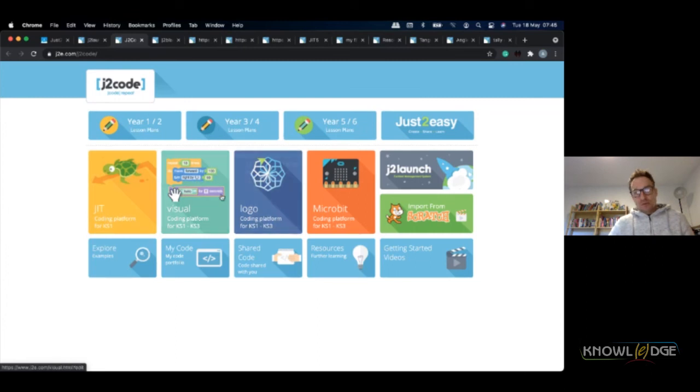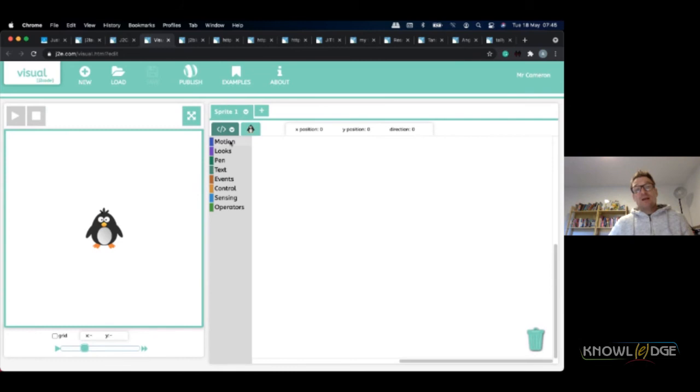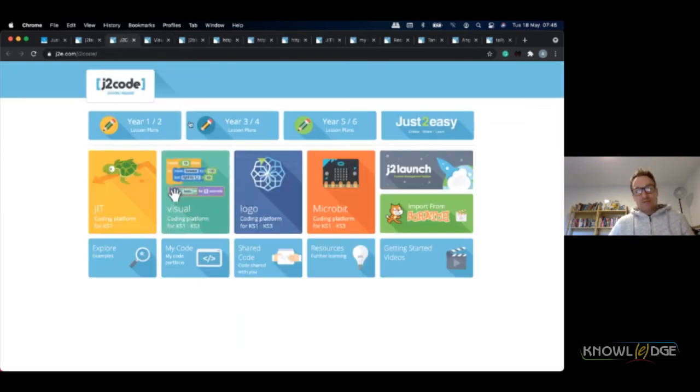So you've got the ability for children to practice their maths by looking at the logical steps and progression within the coding tools. Our lesson plans built in for all of the age ranges there for primary do incorporate a great deal of maths skills too. So I'm not going to go into that in too much detail, but with your access to J2E that you can contact the team here today, you'll be able to get access to J2 code, have a play with the lesson plans as well.